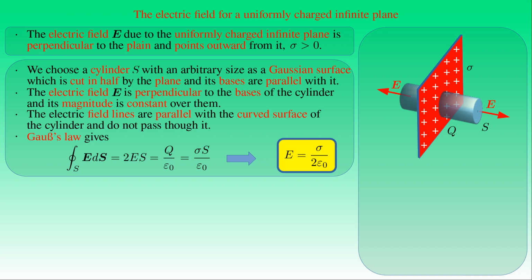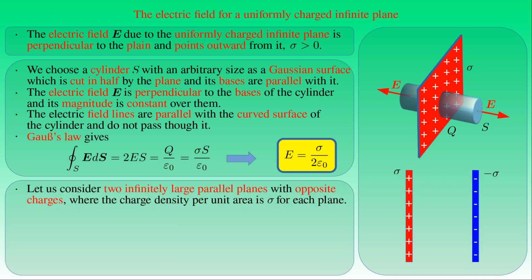Based on this result, we have already determined the electric field produced by 2 infinite parallel planes, which have opposite charges with the constant surface charge densities plus and minus sigma. The electric field E sub plus due to the positively charged plane is uniform with the magnitude of sigma over 2 times epsilon naught. The uniform electric field is perpendicular to the plane and points outward from it. The electric field E sub minus due to the negatively charged plane is also uniform and has the same magnitude,